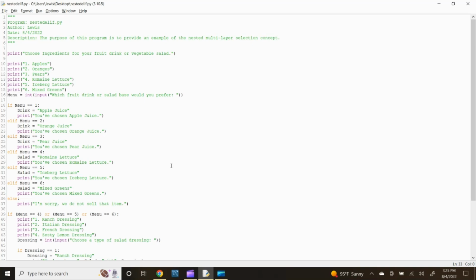Enter. Type ELIF menu, double equals 6, colon, press enter. Assign a statement to the word salad for this condition, therefore type the word salad equals, quotation, mixed greens, close quotation. Click enter and type the print statement for this condition. Type print, open parenthesis, quotation, then the statement, you've chosen mixed greens, close the quotation, close the parenthesis, then press